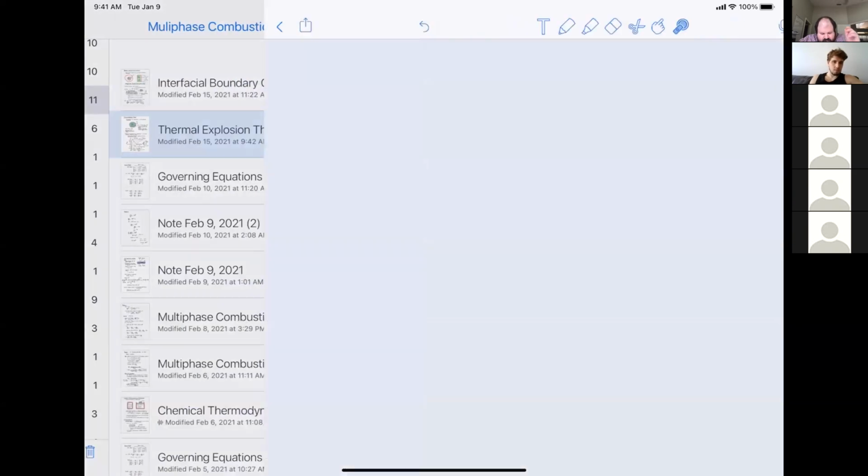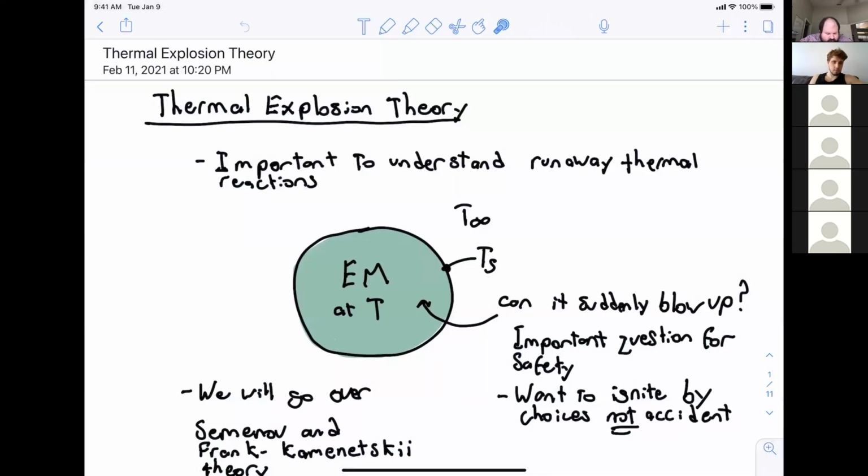Okay, and so here we're going to go over thermal explosion theory. And the first variant we'll be doing is something called Semenov theory. Some of you may have heard of that. Some of you may have not heard of that. And so what thermal explosion theory tries to do is understand the effect of basically runaway